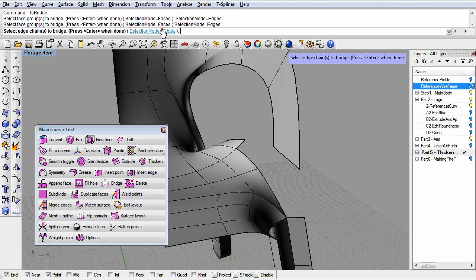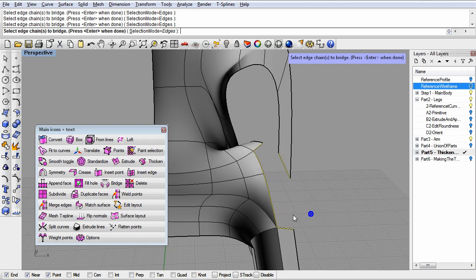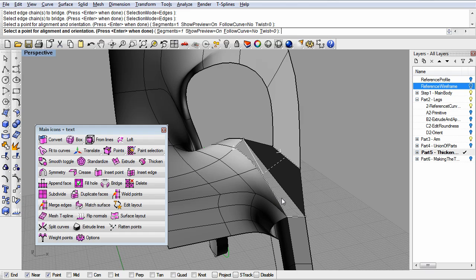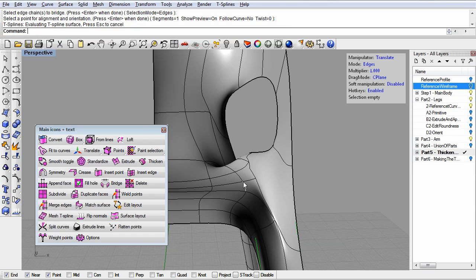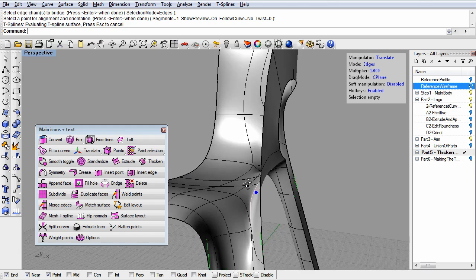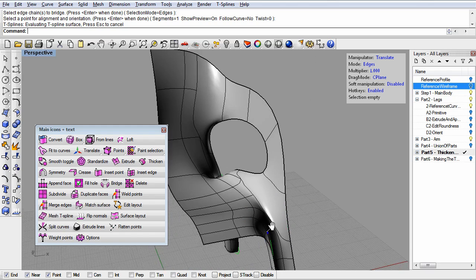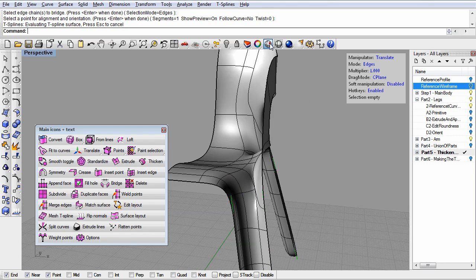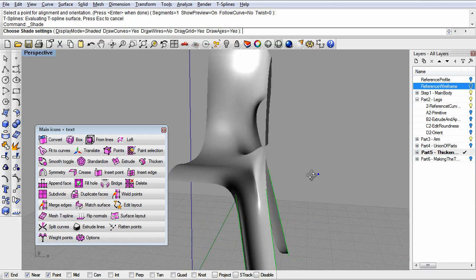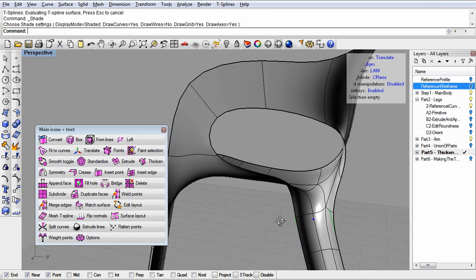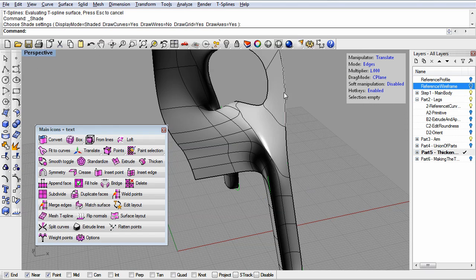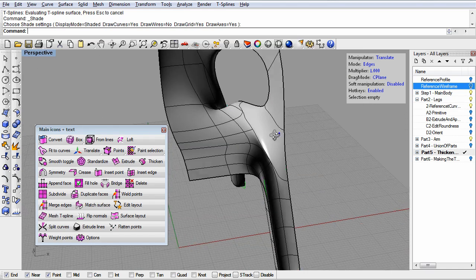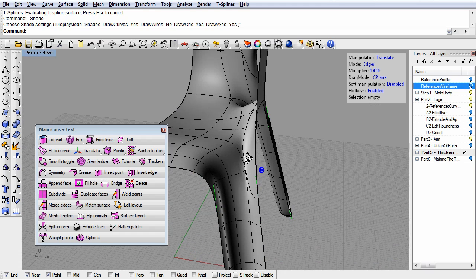So we need to go back to edges, this edge to these 4 edges. Go ahead and hit enter, and you can see that's a much cleaner bridge. Now I've got everything hooked together, and you can see there's none of those crazy, like in the past they were kind of really sharp creases going through the model. There's no creases left because there's no sharp corners, but you can see the model still looks a little pinched